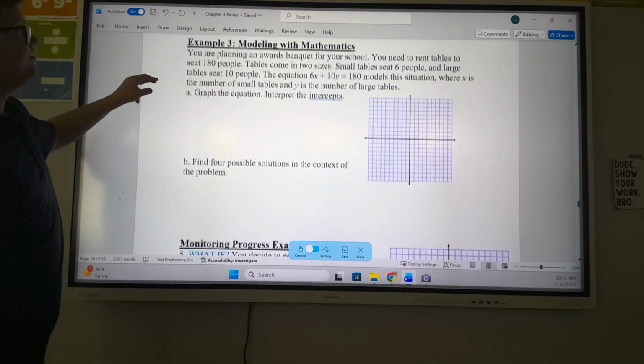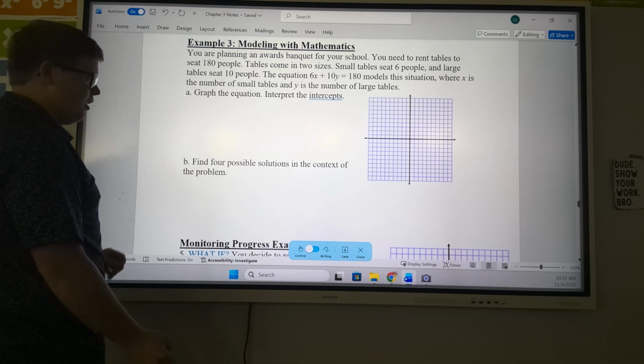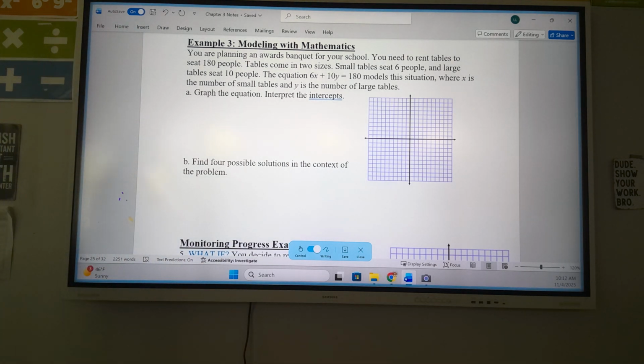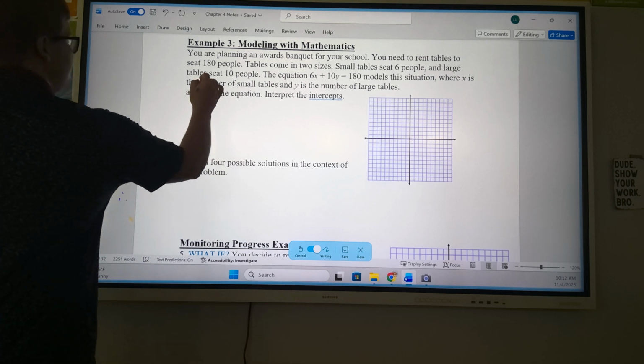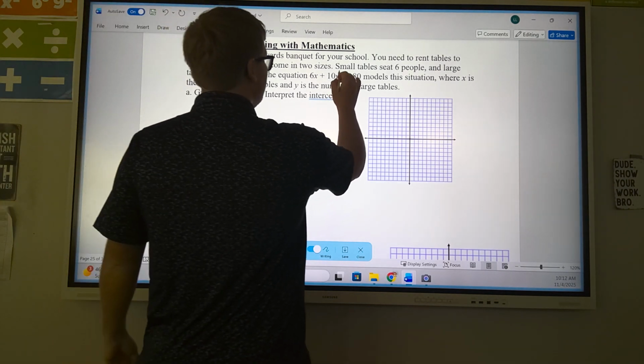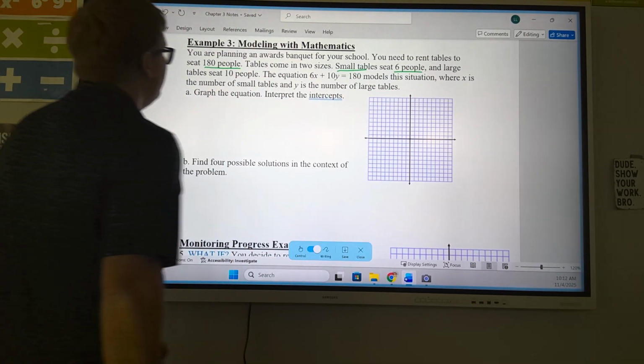Okay, now we got a word problem. This one's going to be a little bit more challenging. You are planning an awards banquet for your school. You need to rent tables to seat 180 people. Tables come in 2 sizes. Small tables sit 6 people. So we know small tables sit 6 people, and large tables